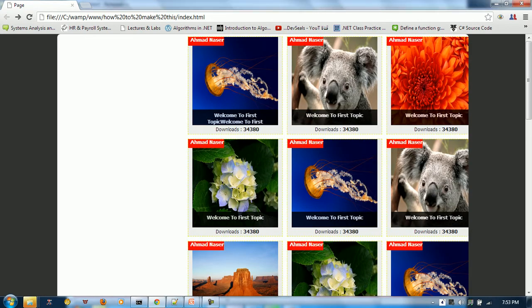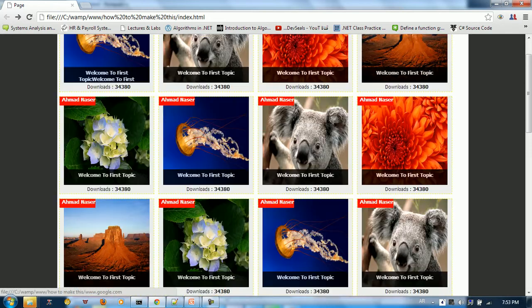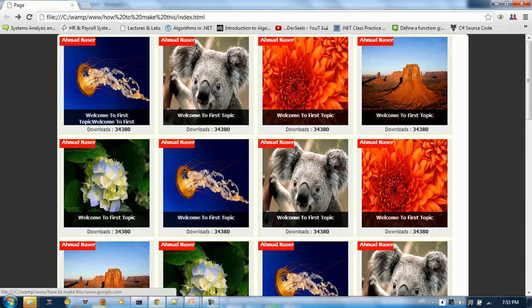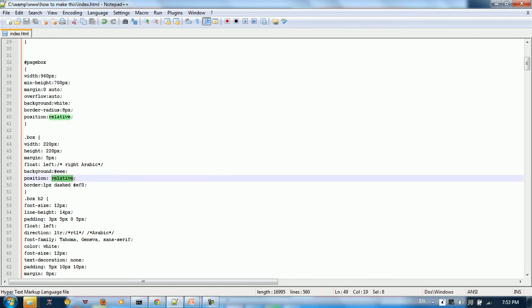So if we refresh this, you've got to see we've got all the elements. They are relative to each other in different places, because this one is relative to this one. It's the same as static. If you look, it's almost the same as static, because if you come to position here and change it to static,